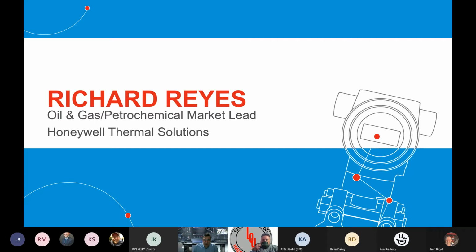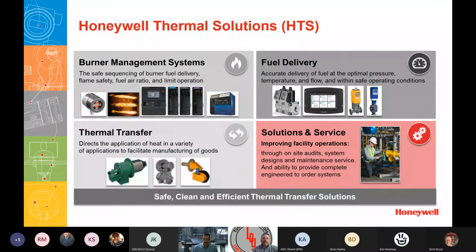So I'm going to try to roll through this. It's kind of an interesting subject that we're going to cover. We're going to hit on some interesting points on safety instrumented functions, critical items that should be considered and thought about. But before I jump into that, I just wanted to ground who we are from Honeywell Thermal